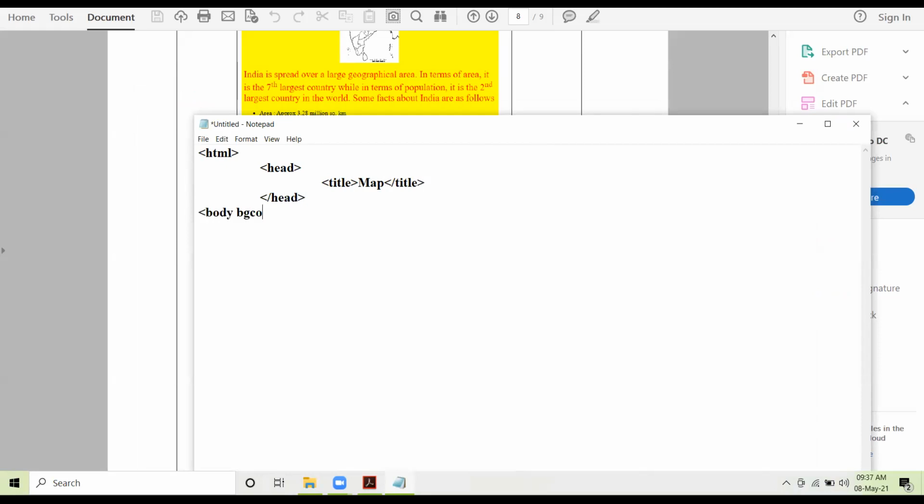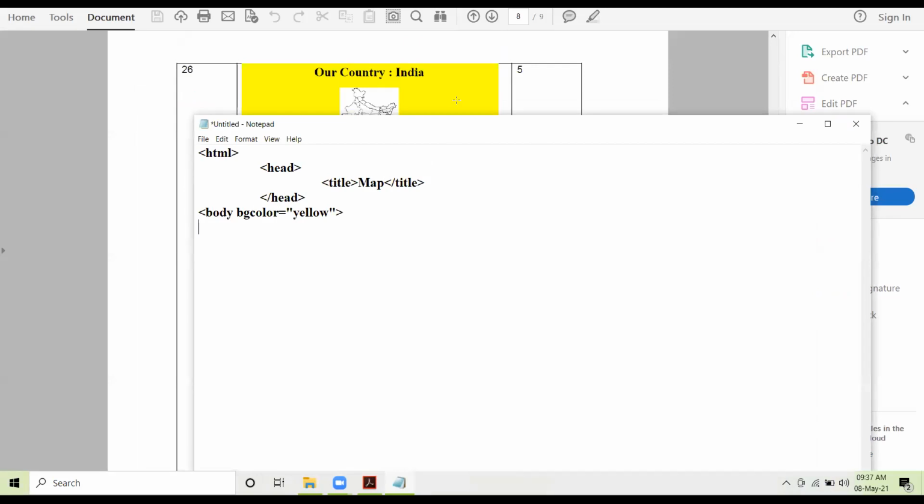Now the body BG color as given in the question is yellow. Now see the heading, our country colon India, and the examiner is saying the heading should be in the first level of heading. So I am taking H1 and the attribute of the heading element is align, and I am taking the value of align attribute as center, right?